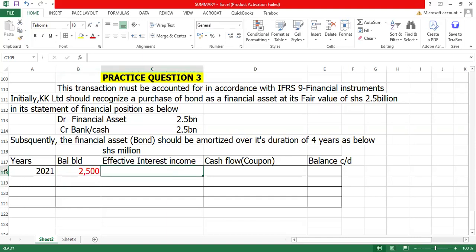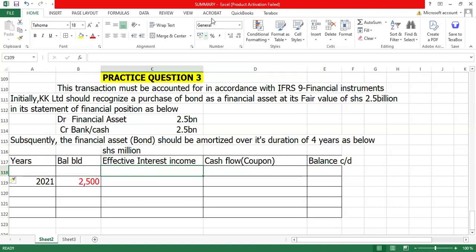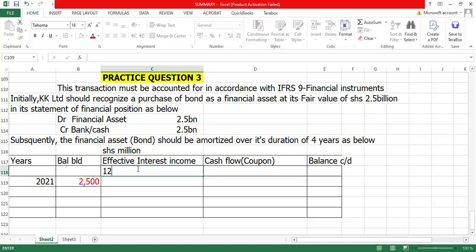Then as you get the interest, what is the effective interest rate? Here we use the effective interest rate, or the yield to maturity, the 12%. Yes, the 12%, the yield, or they can give you the yield to maturity. That's what you use. Okay. Then here with cash flow, as you get the cash flows, colleagues, it's a must that